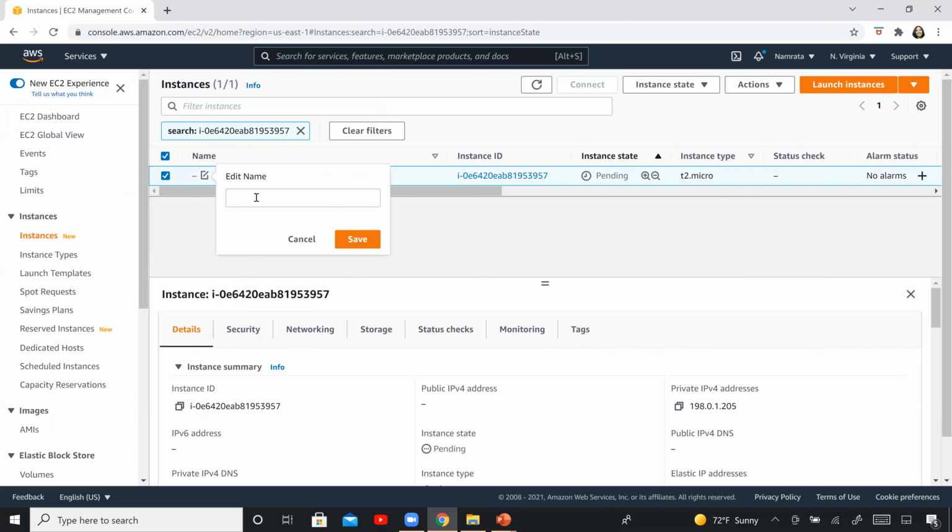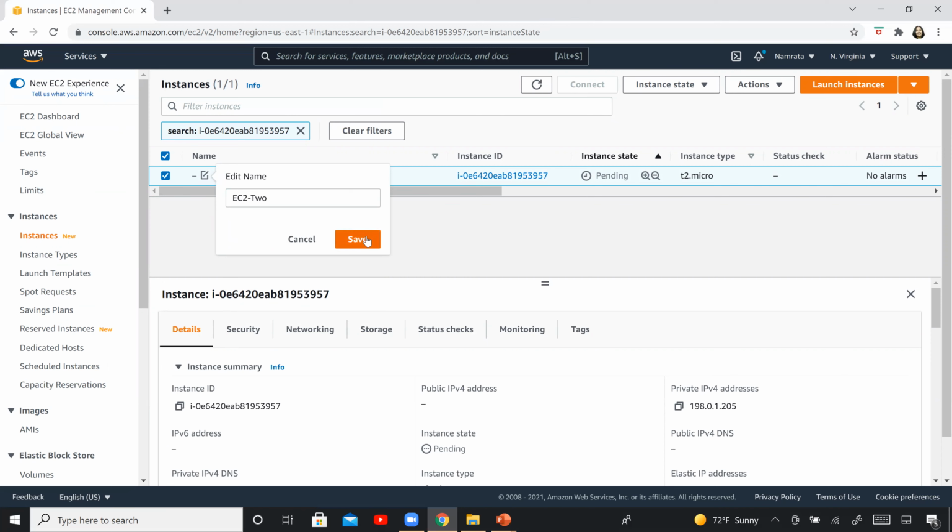Again, please ensure that you give the name correctly. So it's going to be EC2-2. And if it's playing tricks on you, just like it is doing with me right now, then stick around and give the right name.